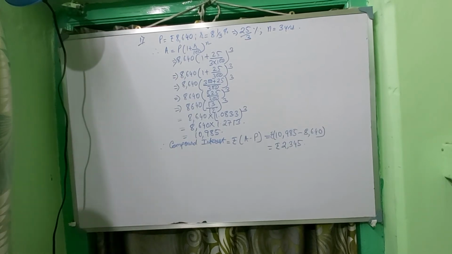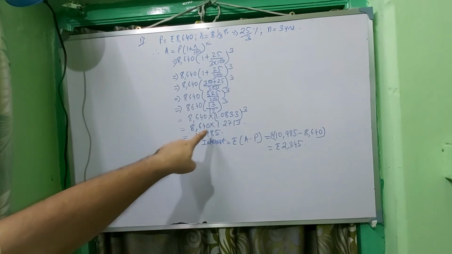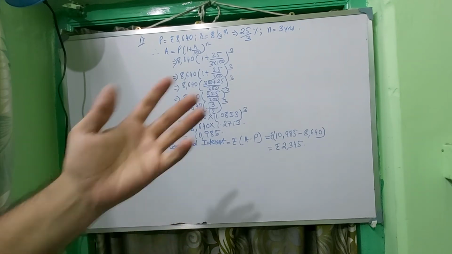So coming to the next sum, sum number 2, where it has been given that if the interest is compounded half yearly, calculate the amount when the principal is 7,400. Means principal is given 7,400, but interest is calculated half yearly. Your rate of interest is 5% and duration is 1 year. You have to calculate only the amount, not the compound interest, means this one. Here it was 10,985. In my second sum it will be different.